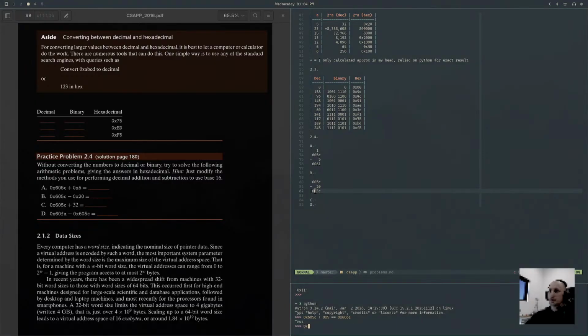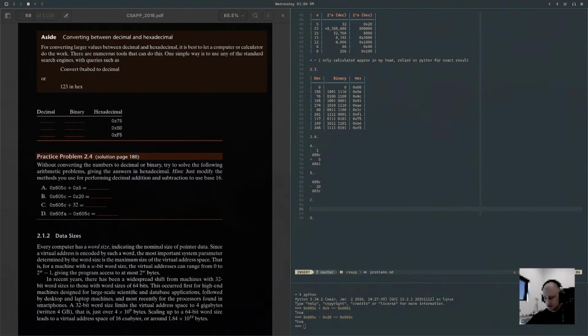So if we use 0x 605C minus 0x 20, that is equal to 0x 603C. Be nice if it got a little harder than this. So now we have